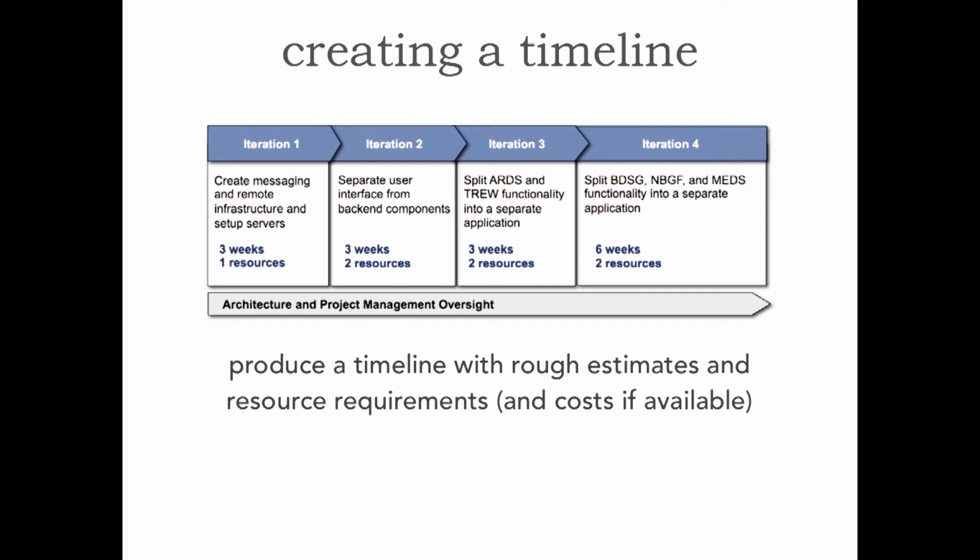there. So I tend to like to put together some sort of graphic that shows kind of a rubber banding of each iteration step to kind of illustrate the length. In other words, iteration 4 is going to take longer than 1, 2, and 3 in this case. Kind of a short description of really what the purpose of that iteration is, the duration, the number of resources, and give it sort of kind of a visual timeline for management and also the business to be able to